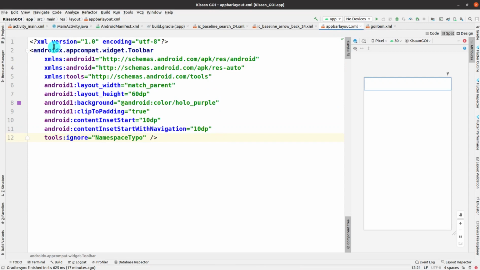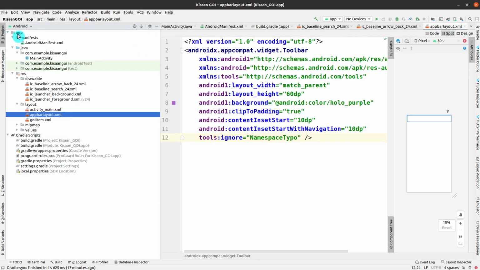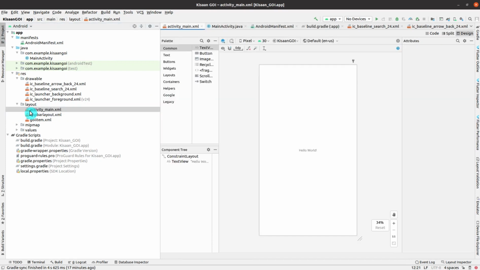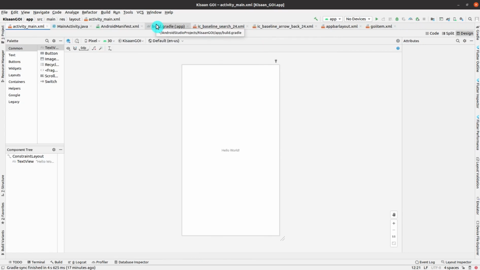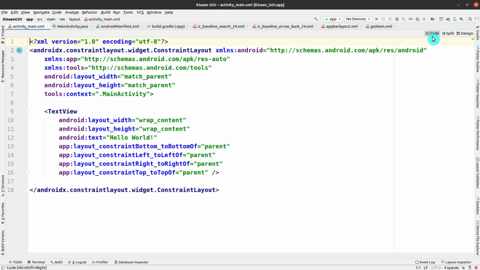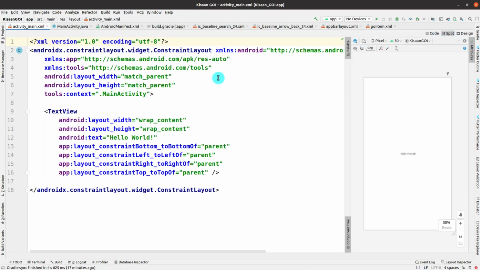Now you can see that it is error free. You can add this, and this is completed. And right now we are going to the main activity part. Here we are just going to design it as we have designed the previous ones. So this is the easy part, don't worry about it.